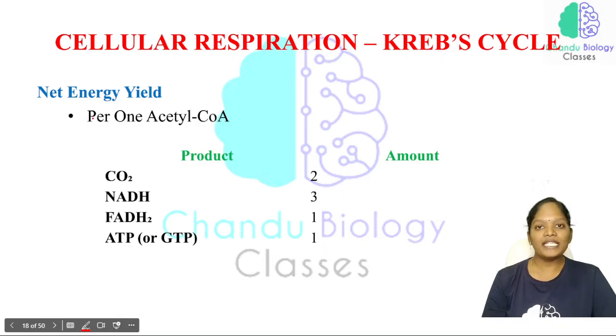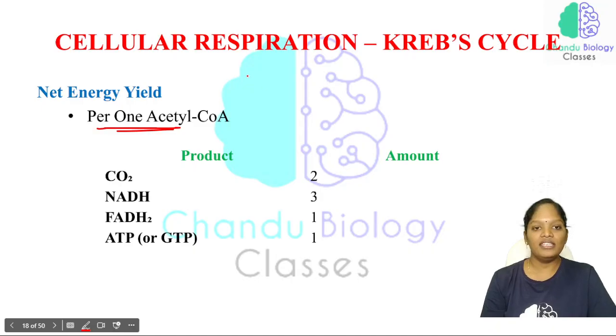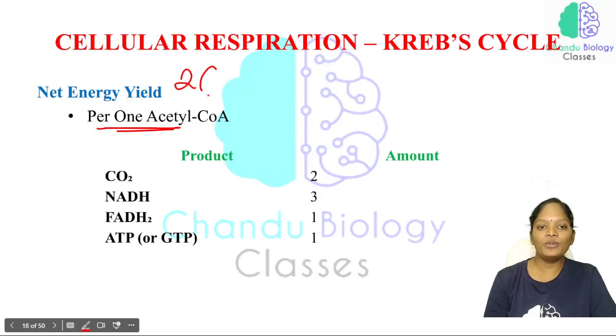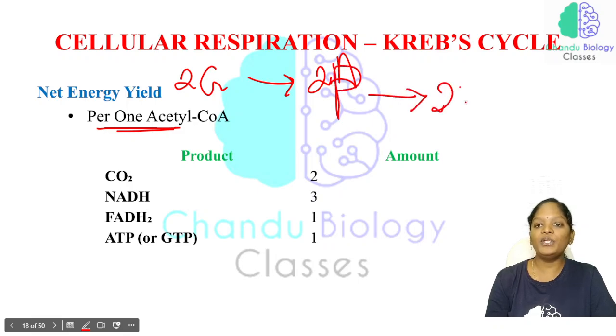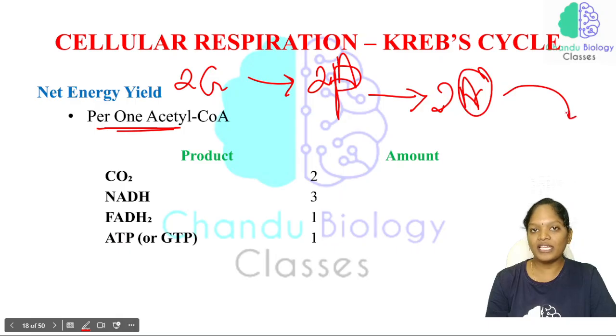Now this can be expected in the exam. This is a very important chart: net energy yield per 1 acetyl CoA. See here what we have discussed, 2 glucose will be converting into 2 pyruvate, isn't it? And 2 pyruvate will be converting into 2 acetyl CoA. Now one acetyl CoA is continuing the Krebs cycle, another acetyl CoA is also continuing the Krebs cycle, but